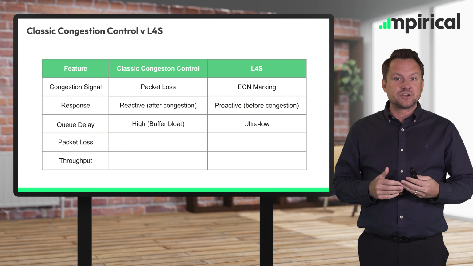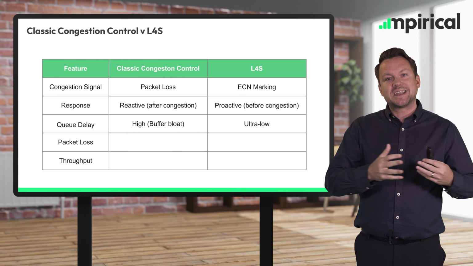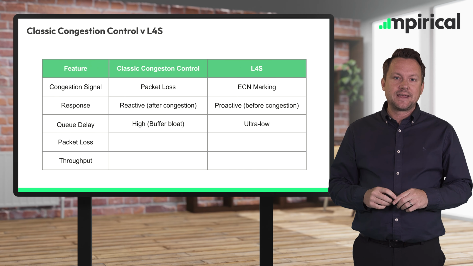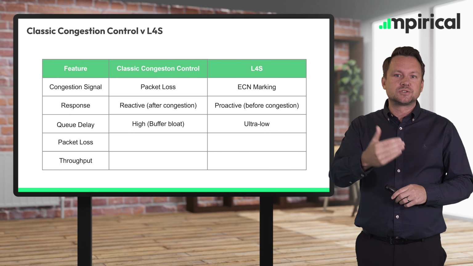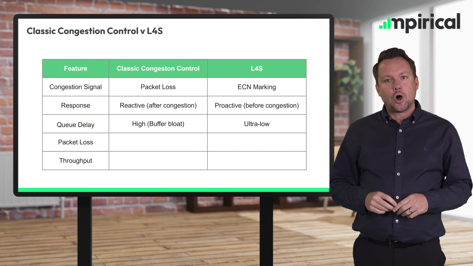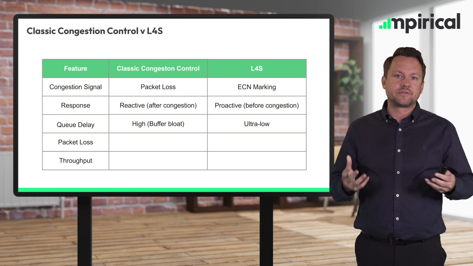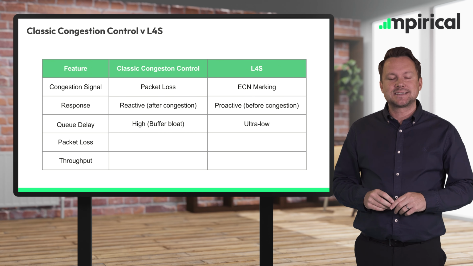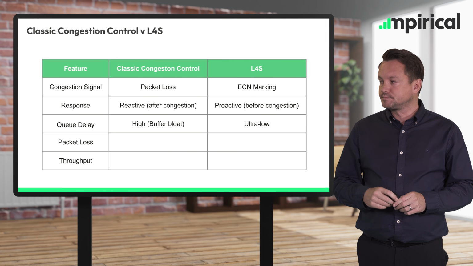So as we encounter congestion, we let the sender know. The sender backs off a little bit with their sending rate, and this means that queues don't build. So we don't see lots and lots of data being stored in buffers and lots of queuing traffic. The aim here is to keep the queue as low as possible.